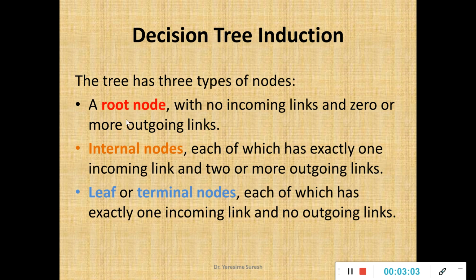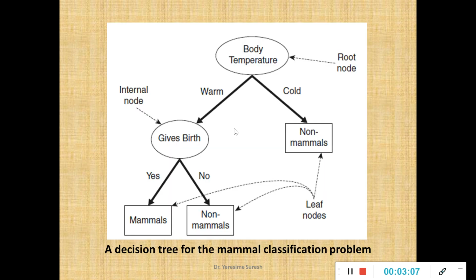To define the root node, internal node and terminal node, we will make use of an example, and this diagram represents the decision tree for the mammal classification problem. If you can recall the very first video lecture with respect to your module 4, we took a data set for vertebrate mammal classification. So this decision tree is prepared for the same data set,